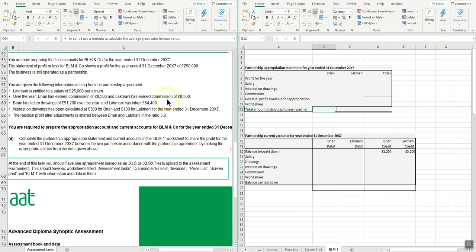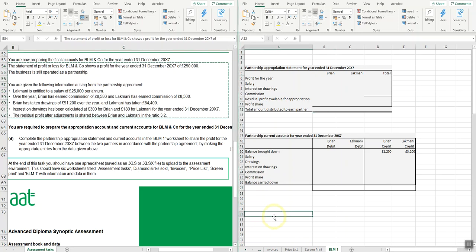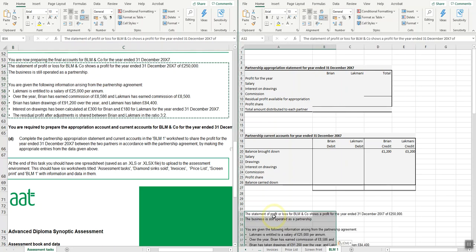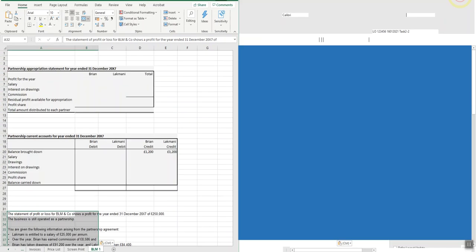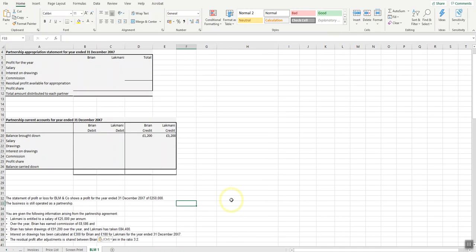Okay, do you know what I might do is I might just copy this information to here, so I don't have to keep going back and forth. This is another way of keeping the tasks on screen, as long as you remember to take them off afterwards. So profit for the year is 250,000,